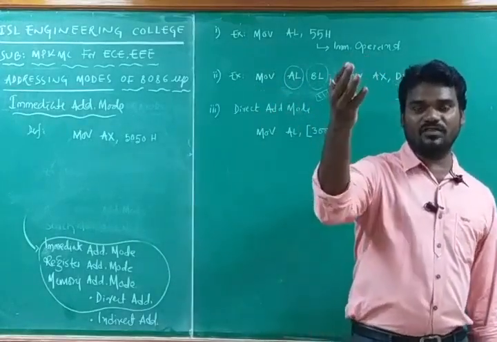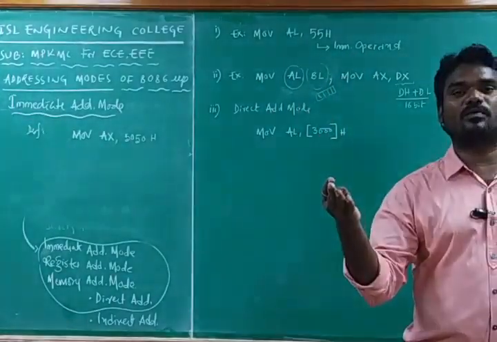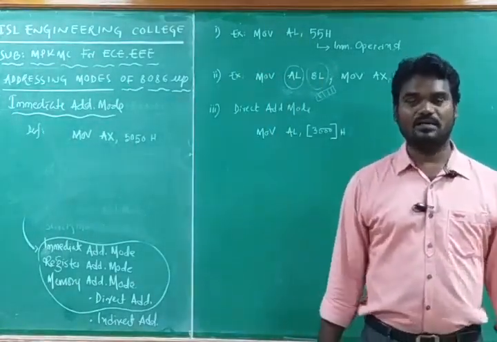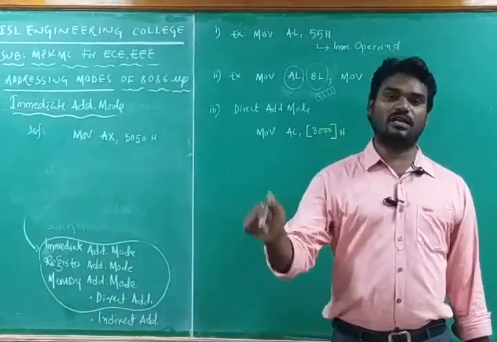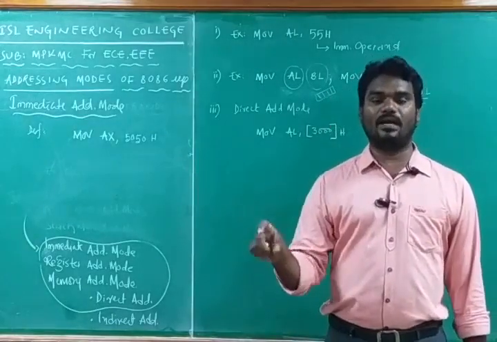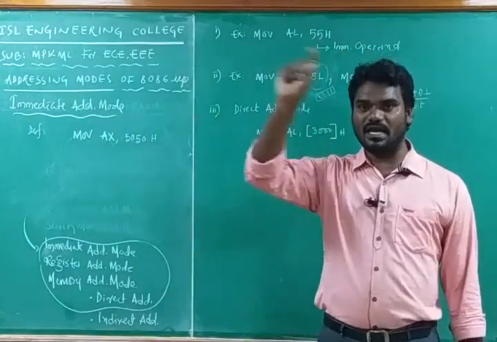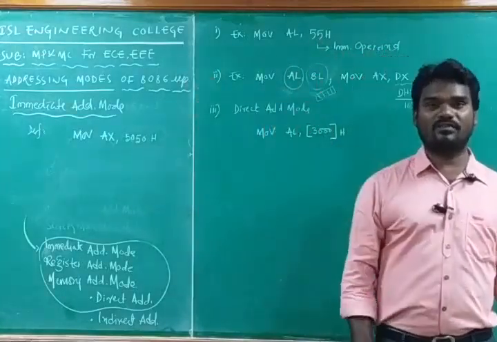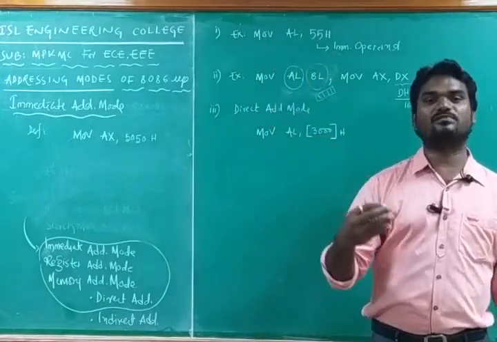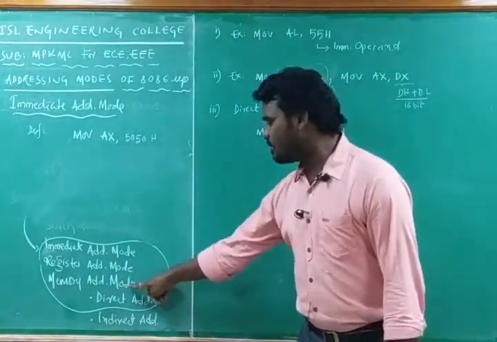Whenever memory is interfaced external to the 8086 microprocessor, we should know the physical address of that location. We have studied the physical address. To know the physical address, we must know the segment address as well as the offset address. The segment address and offset address combined provide the physical address, and that physical address identifies one location in the 1 megabyte of memory, and from that location the 8086 microprocessor can access the operand. This is the memory addressing mode.